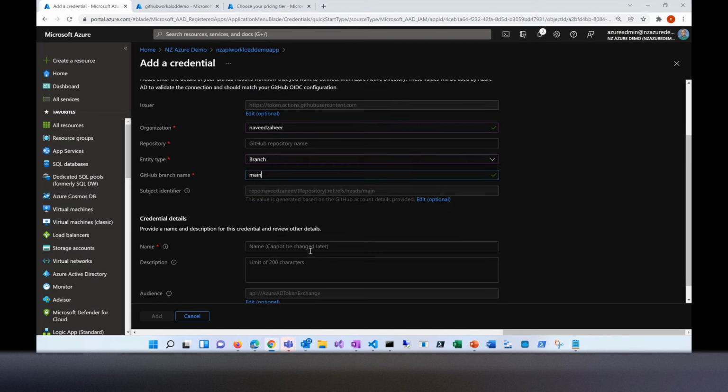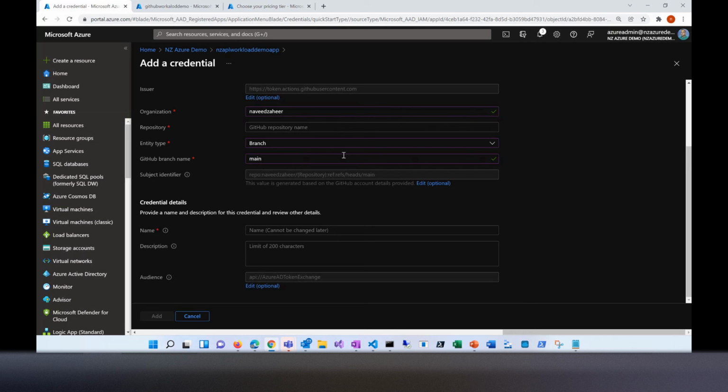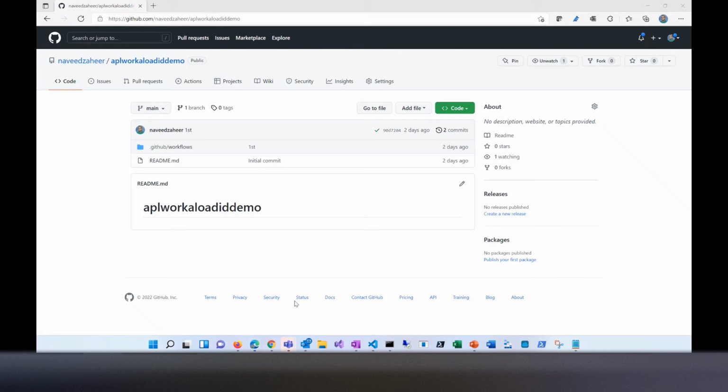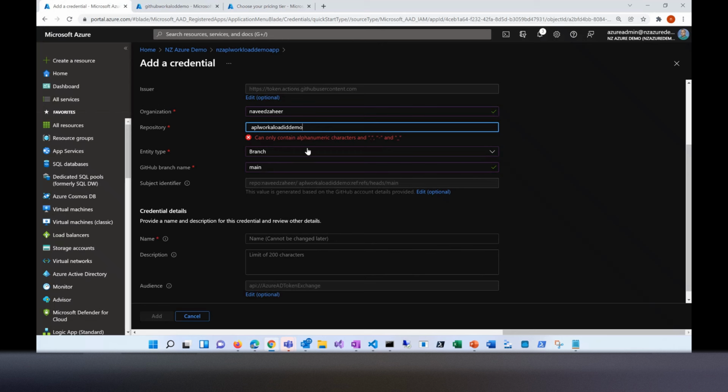The next is the credential name. So as you can see, pretty much all the stuff is, there is no rocket science there. All the stuff is pretty standard. The GitHub repo name, I can copy it. Not good with typing, so I'm just going to copy this GitHub repo name from here and paste it. I hope everybody is with me so far. Okay. So once you set it up,